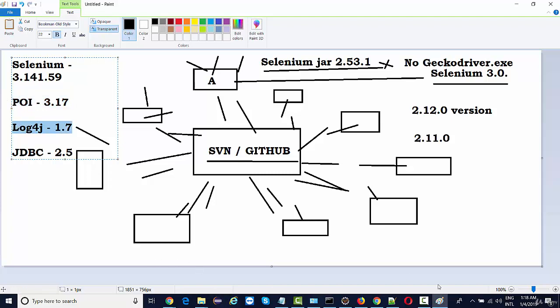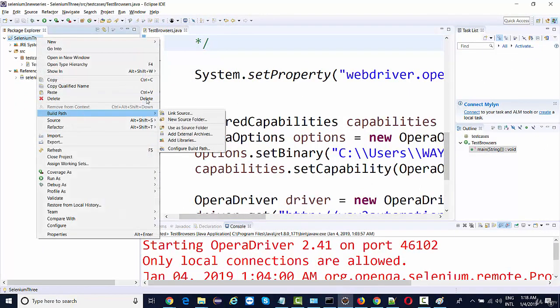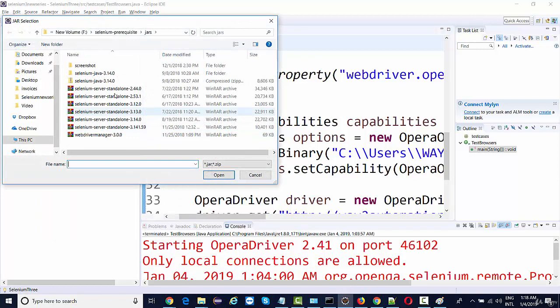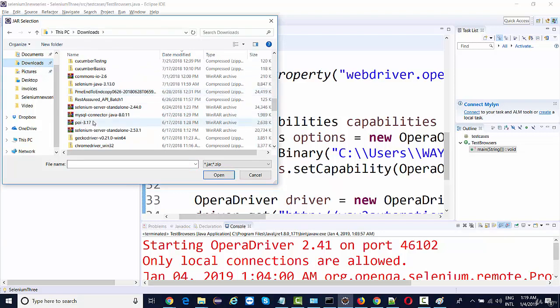Let's say if I am using Selenium right now, and I want to do some Excel reading and writing. I'll right click on my project, go to build path, add external archives, and add a jar file related to the POI API. If I want to do some database testing, I'll add MySQL.